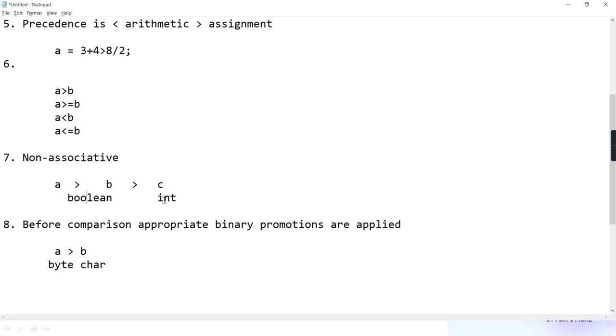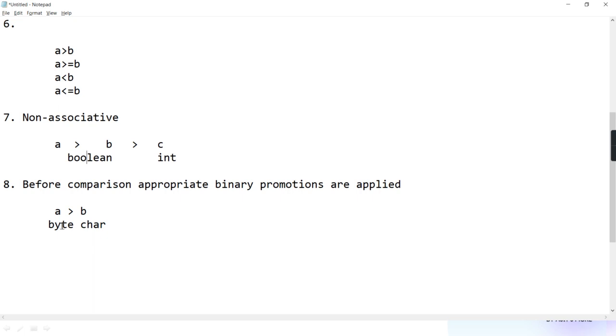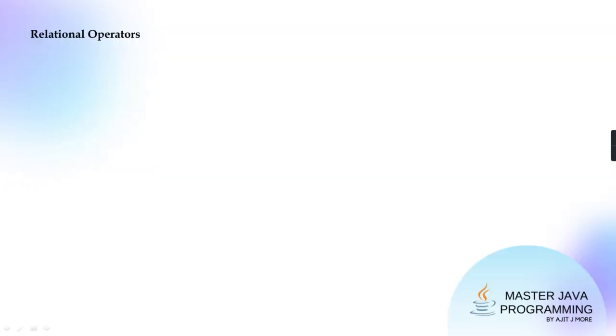Can you do comparison between Boolean and integer now? No. You're getting? It is wrong. And before doing the comparison, appropriate binary promotions are applied. Like you're comparing byte with a character. So byte will be integer, char will be integer, and then it will do the comparison. Okay? I hope it is clear.